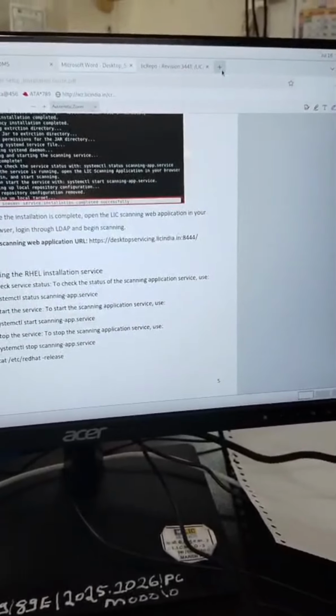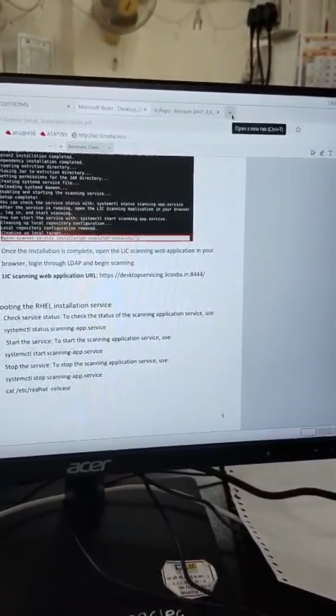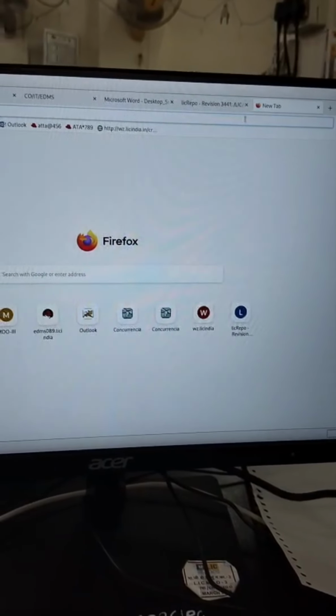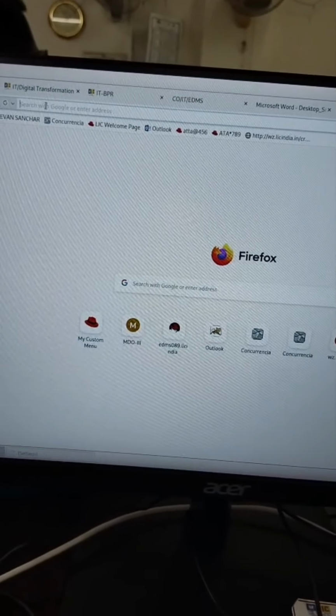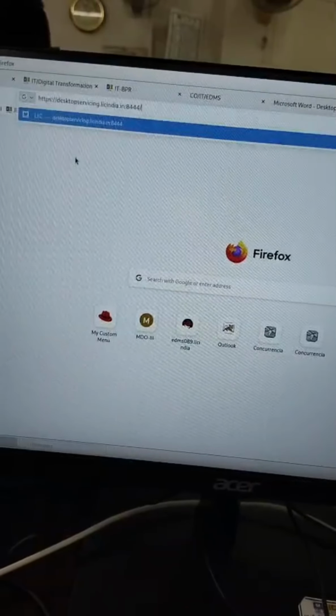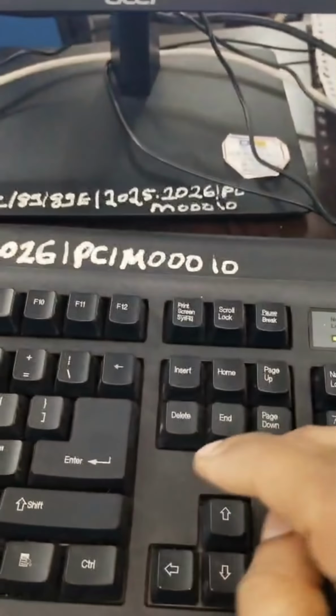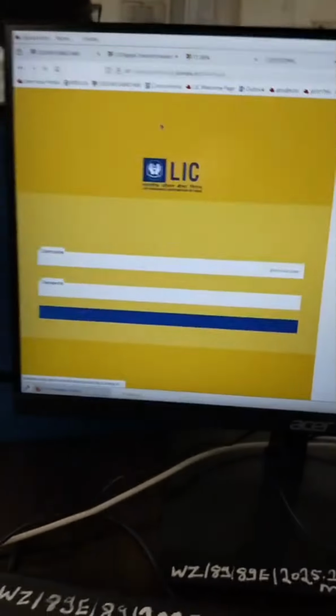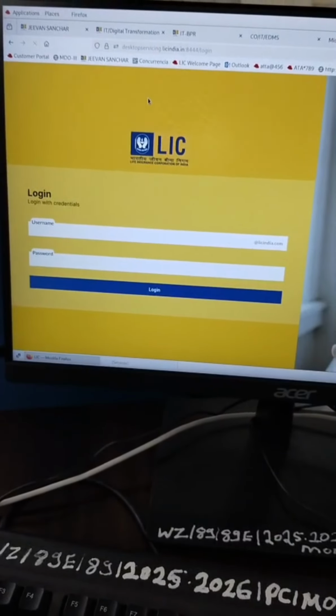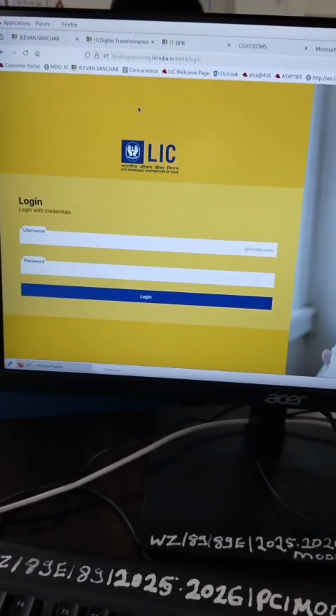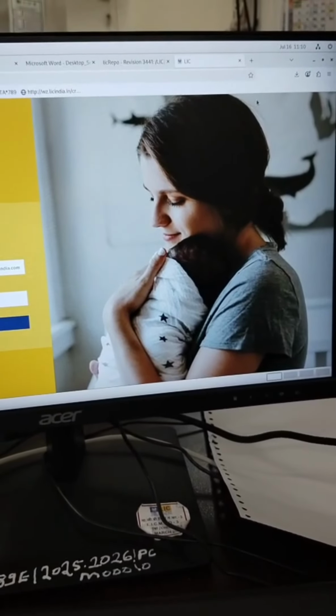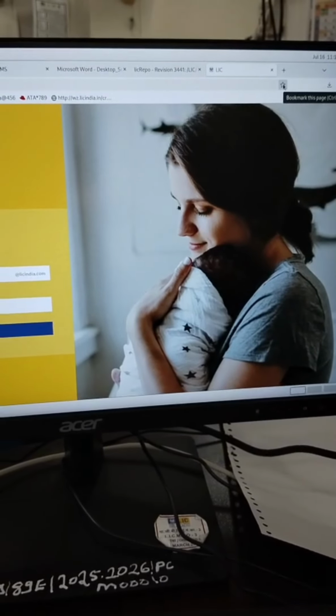Okay, and go to bar. Okay, right click, paste, and then enter. See LSC web application page, scanner utility. Okay, and please add to bookmark this page,